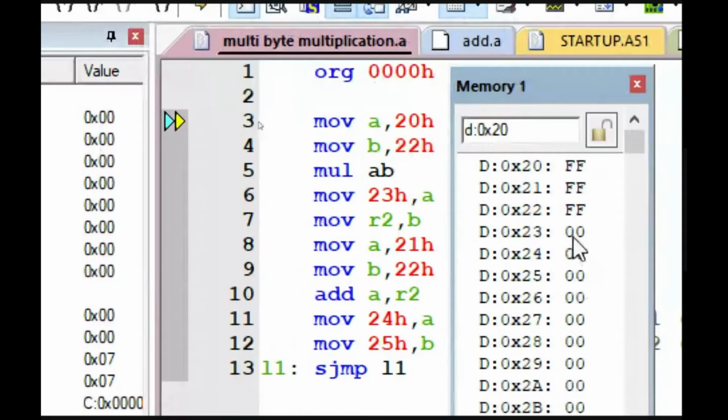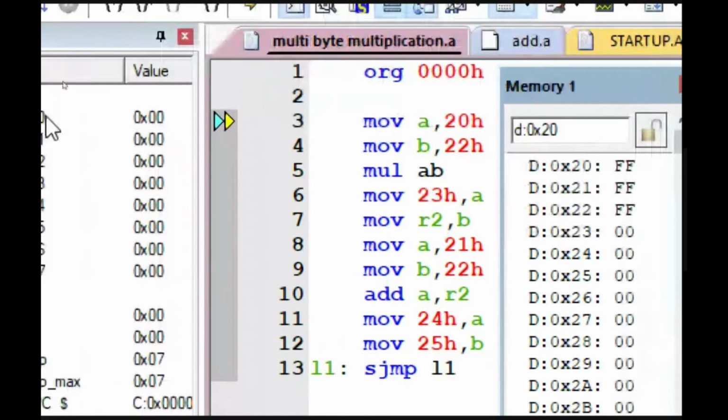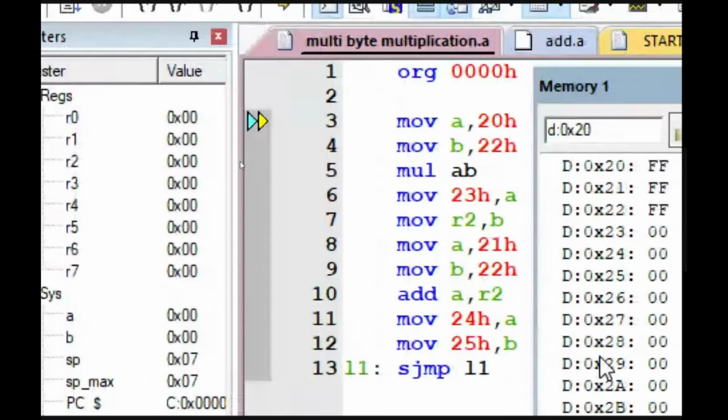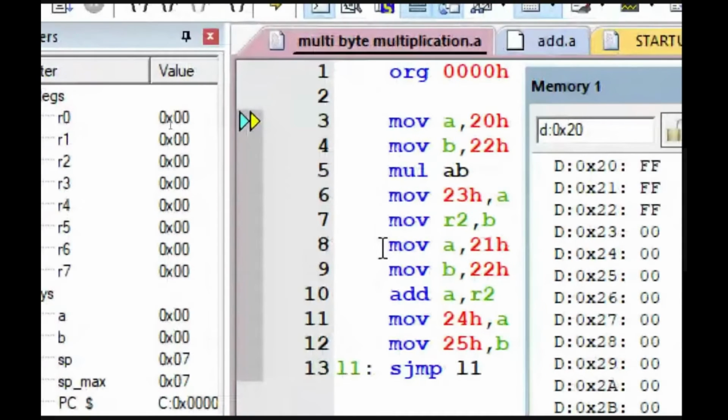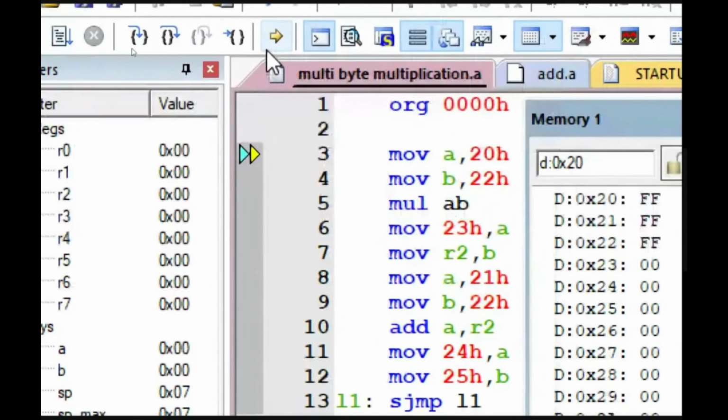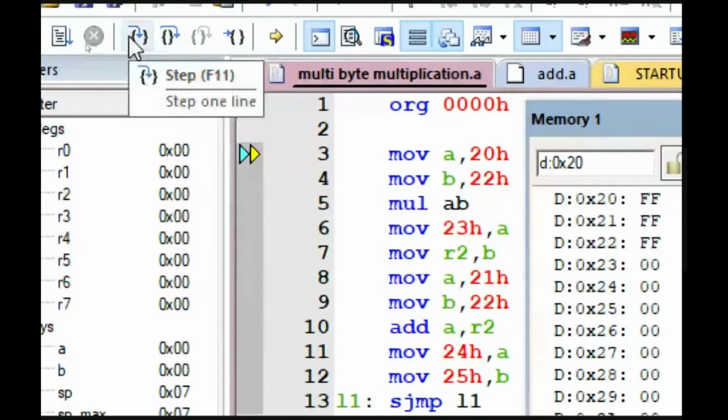Let us execute it and verify our answer, whether the program is executing properly or not. Okay. So now all the screens are visible. I'm trying my level best to make the accumulator, the memory content, and the single step execution visible. More care and focus is on this to make you understand. Slowly I'm doing the single step execution.